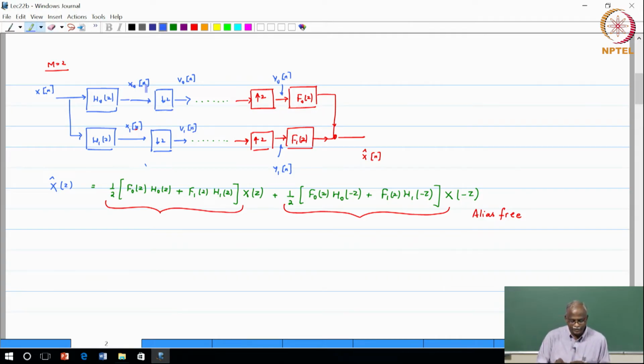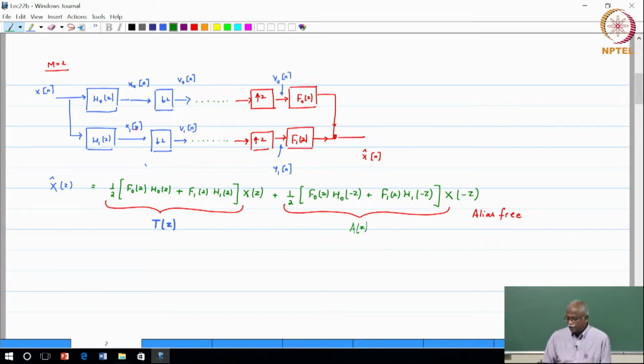Again, the term maximally decimated means that your total sample rate, number of samples per second after the splitting into the sub signals, sub channel signals, should be the same as the input sampling rate. So you can see that both of these are downsampling by a factor of 2. So therefore you would have the same input and output sampling rate. Now we showed for this case that the output reconstructed signal or the recombined signal to be equal to a transfer function which we can write as T of Z. T of Z is the signal transfer function, and the next one is the aliasing transfer function,